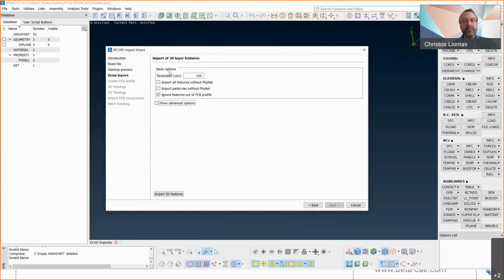And then you have 2 options about importing or not importing features without finite. So features without electrical topology, which are usually either descriptive elements or mechanical engineering elements. So if you want all of these features imported, you click on Import all features without finite. If you just want the holes that are mechanical to be imported, you can click on this button.